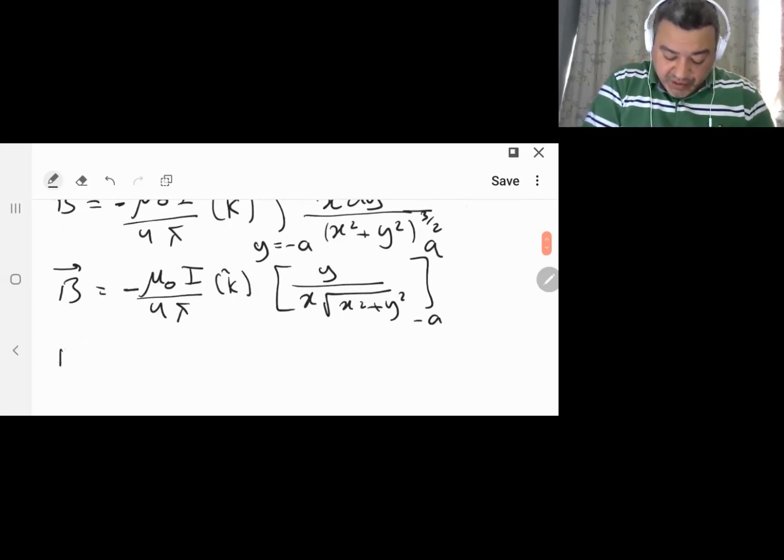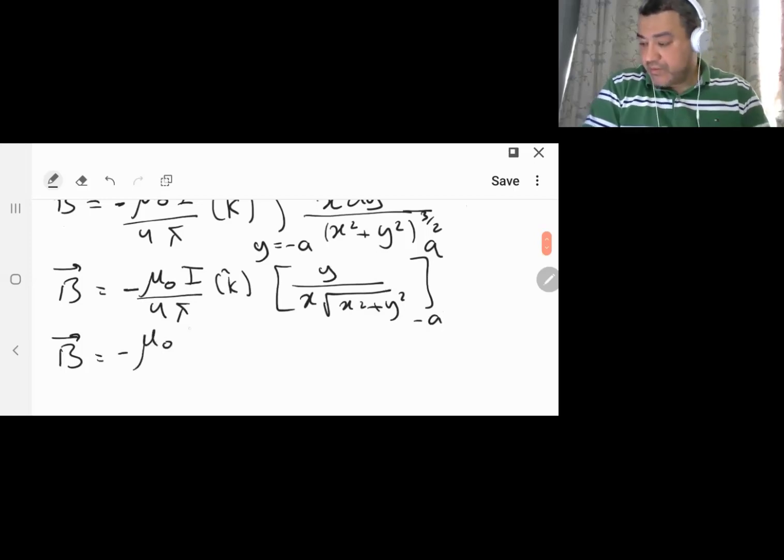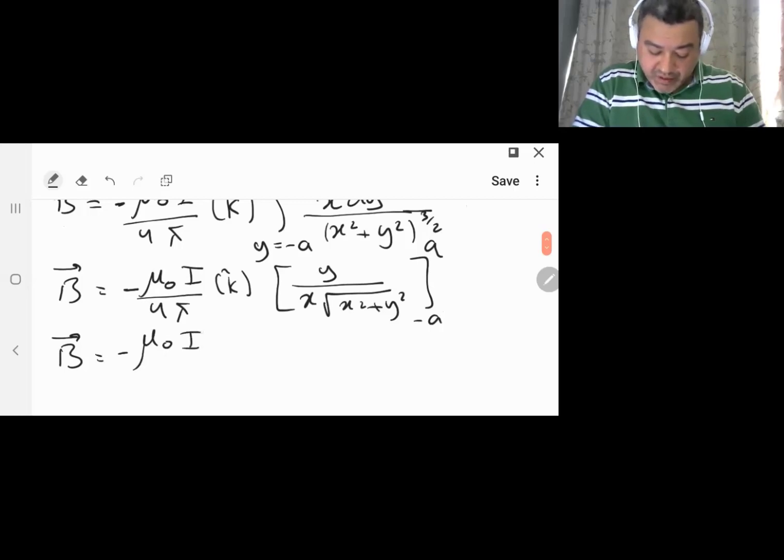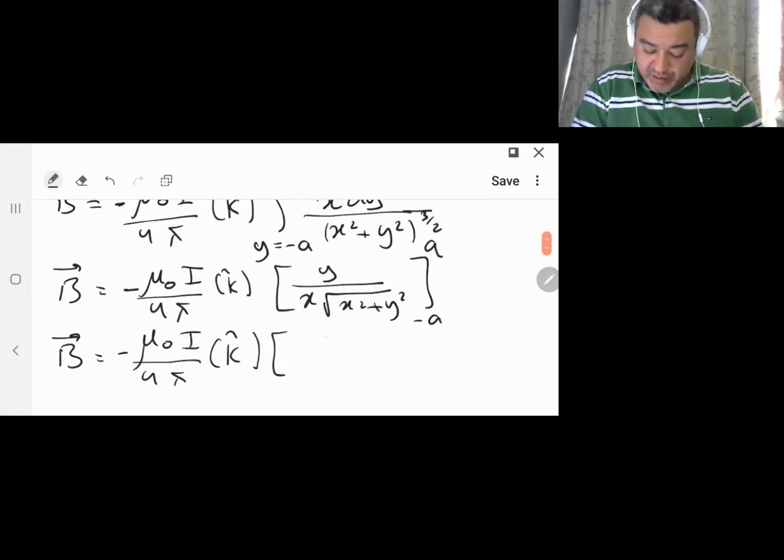Now substituting, minus mu naught I over 4 pi k is going to give me here a over x squared plus a squared